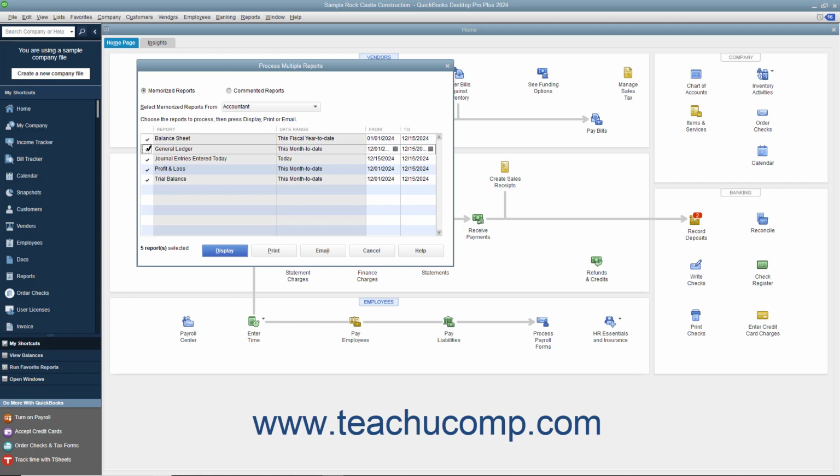You can click into the checkmark column to the left of a report name to check or uncheck the checkmark and include or exclude the report from being batch printed, batch displayed, or batch emailed. For memorized reports only, you can click into the From and To columns to change the date range of the report if needed. After you have the report you want to batch display, batch print, or batch email selected, then